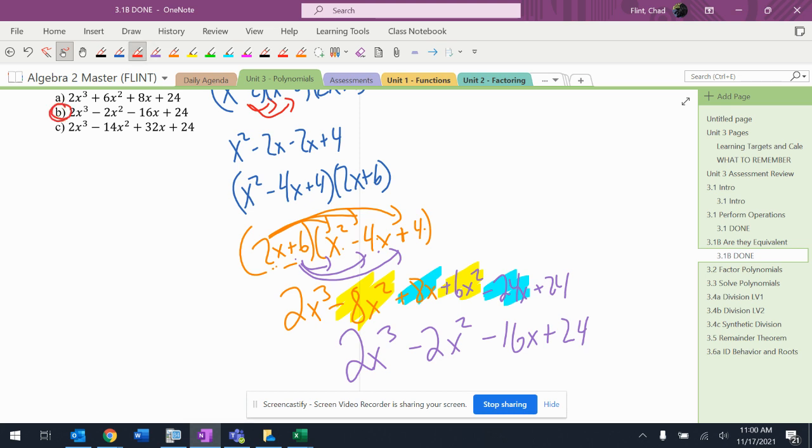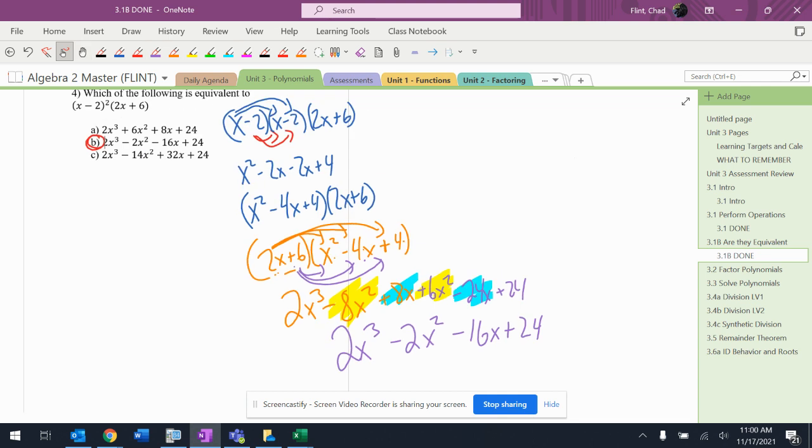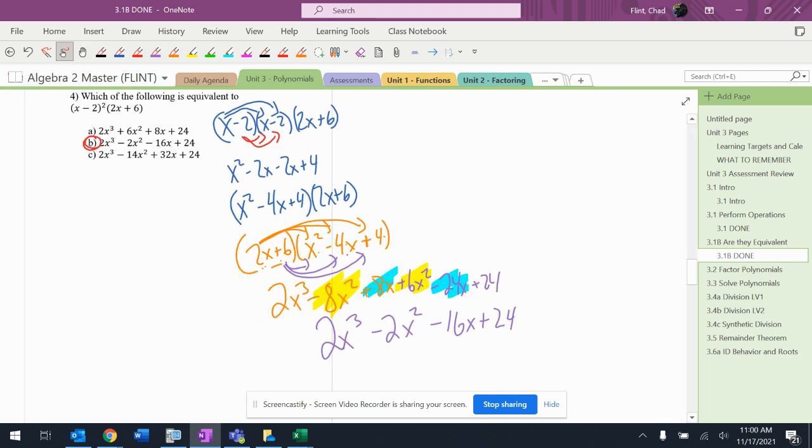I don't know if I would have guessed that right if I had to just kind of guess at which one it was, but it's B. Those are no different than the ones in 3.1, which is why I only had 4 of them, because if you can distribute the stuff, you can get it right. But please don't just pick one. All right. Don't just look at it and be like, yeah, that one looks good, because that's going to end up getting you into a spot that